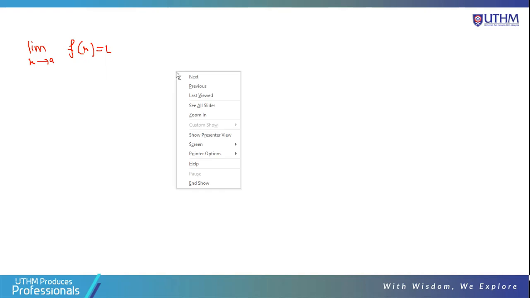So let's say we have the limit as x approaches a of f(x) equals L. How can we know whether the limit exists or does not exist? How can we determine this based on the single variable function? For the single variable function, we can say the limit exists when